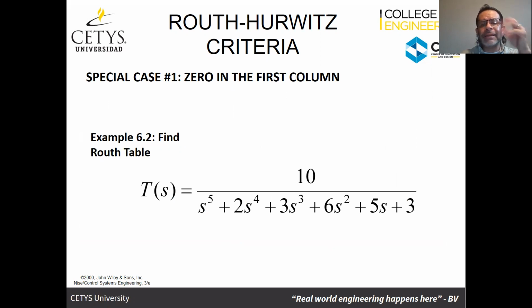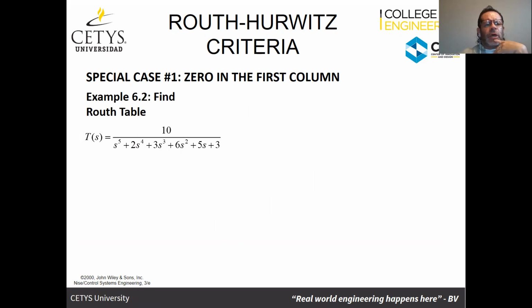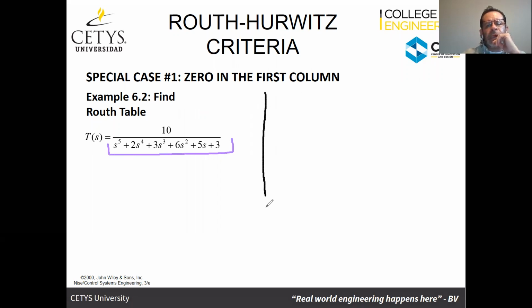So let's look at an example of how that can happen and what we can do. We've got this transfer function. This is a complete transfer function. And we've got here our characteristic equation, which is the equation in the denominator. Let's see how this Routh tabulation would look. I encourage you to please follow along in your notes. The highest order is 5, so we're going to have s to the 5, s to the 4,